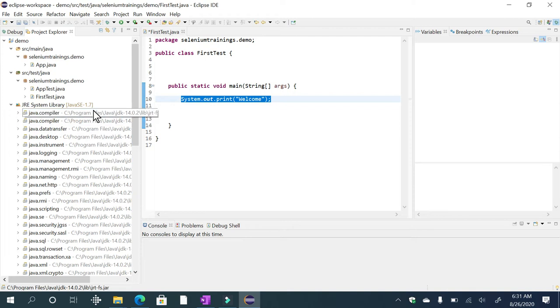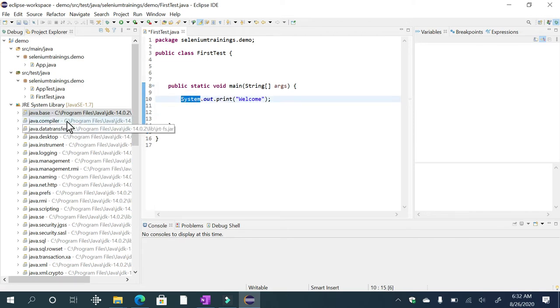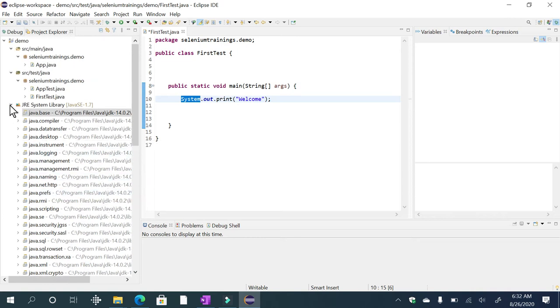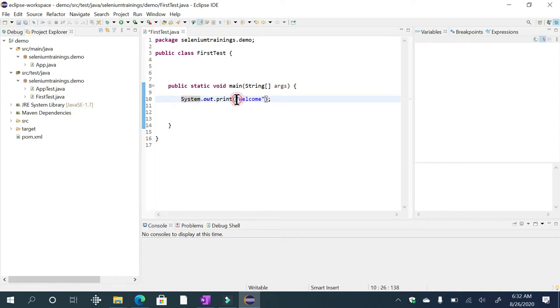If you don't have this, it will show an error something like this. Whatever you are getting right now, it will get this error. So there is no error because there are a few commands which are already developed and loaded under the jar files. These are the JRE, meaning Java related jar files. But as we are looking at creating a Selenium project, we need to load Selenium jar files.